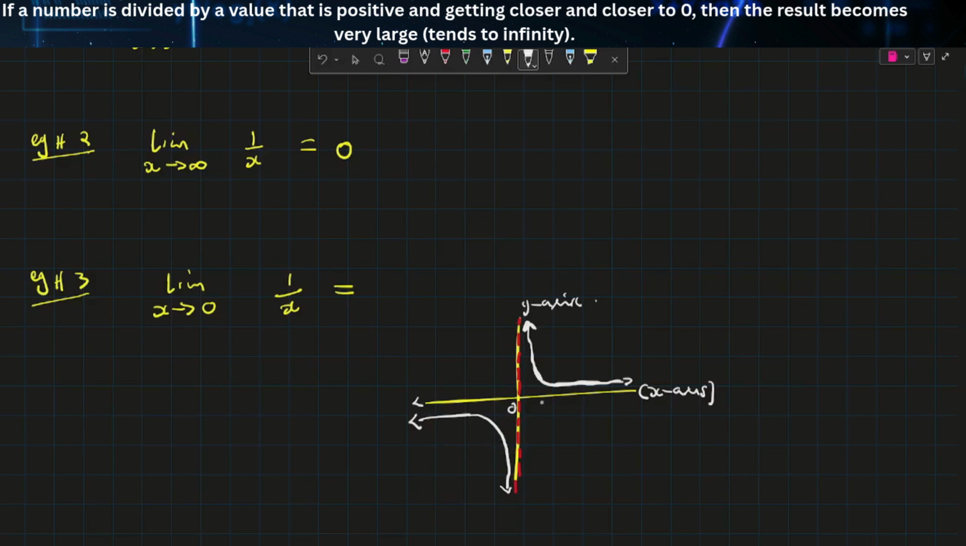Okay, so which means we are going to have two different notations. We're going to say as the limit x approaches 0 from the positive side, our function is going to be positive infinity, right? And